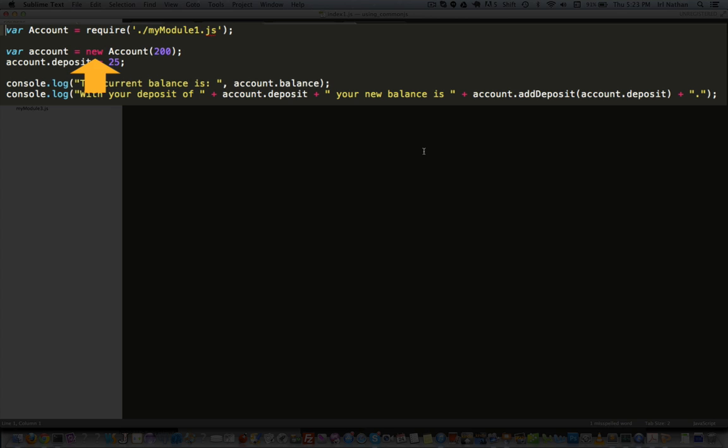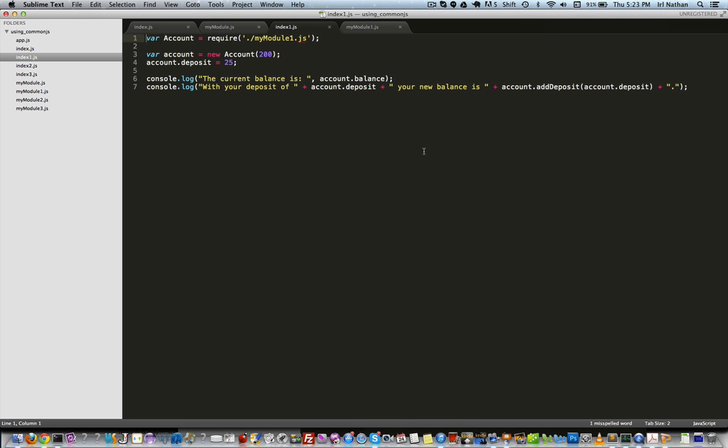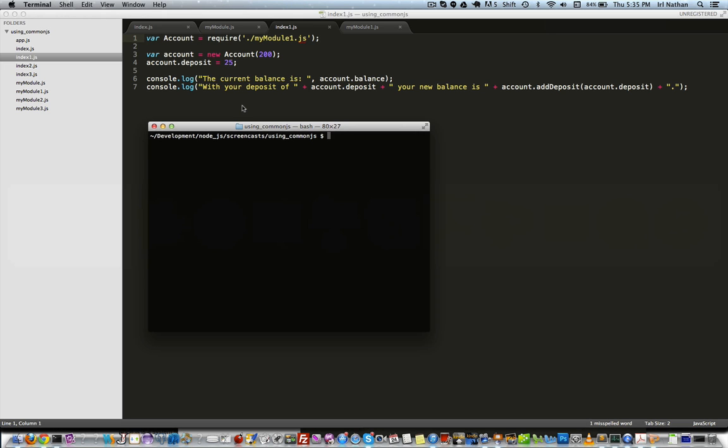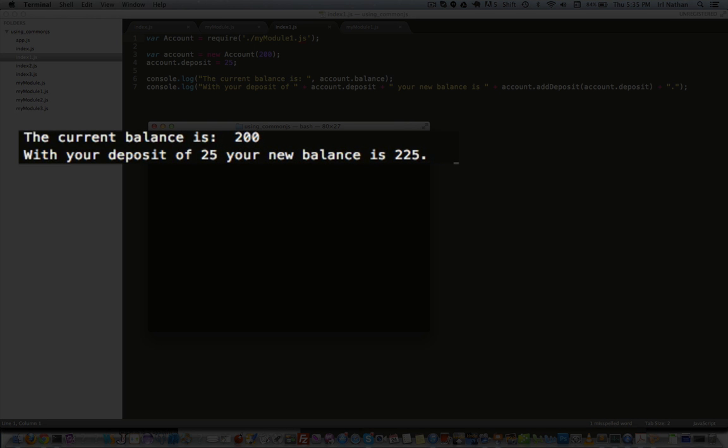Here, I'm instantiating the account class reference using the var account while passing in a new balance for the account as an argument. The other change is adding a deposit attribute to the account instance. Now let's see this in action. I'll go back to the terminal and type node index1.js to launch our module. And as we wanted, the module will return the balance before and after the deposit, as well as the amount